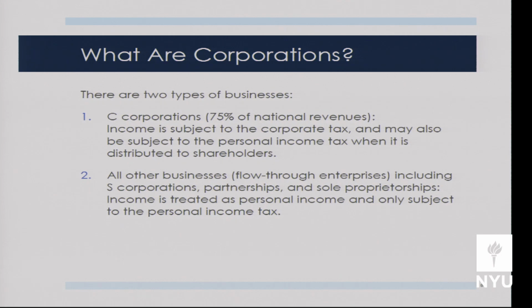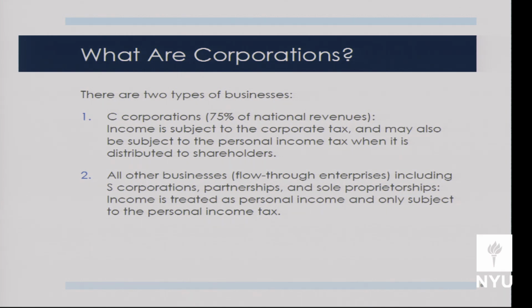Okay, so let's first talk about what a corporation is. When we talk about firms, organizations that produce goods can take 2 organizational forms. There's the traditional C corporation. They give us roughly 75% of national corporate revenues. In the case of a C corporation, income earned by that corporation is subject to the corporate income tax. And after the corporate income tax has been paid, some of that income is distributed to shareholders in the form of dividends. In other cases, shareholders sell shares and get capital gains. It is then taxed again at the individual level, right? Okay, so that's the first form of organization, the C corp.